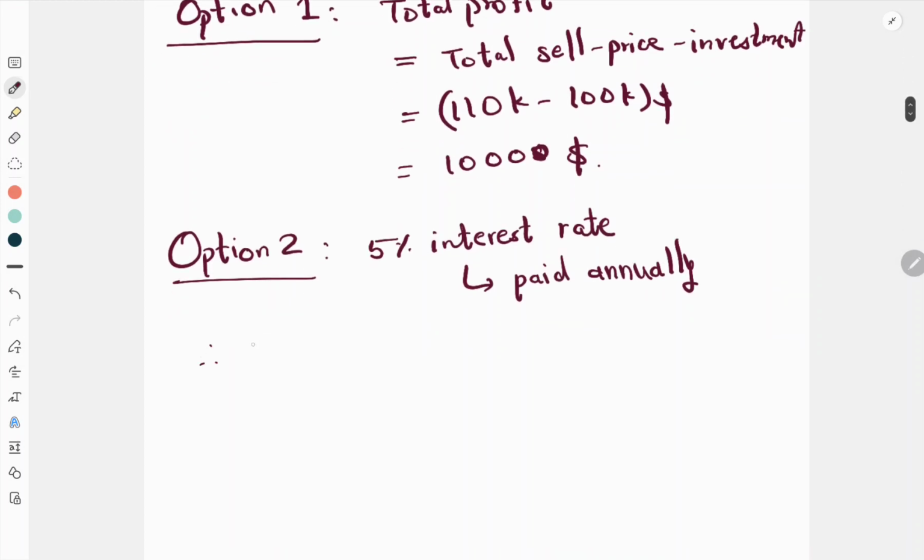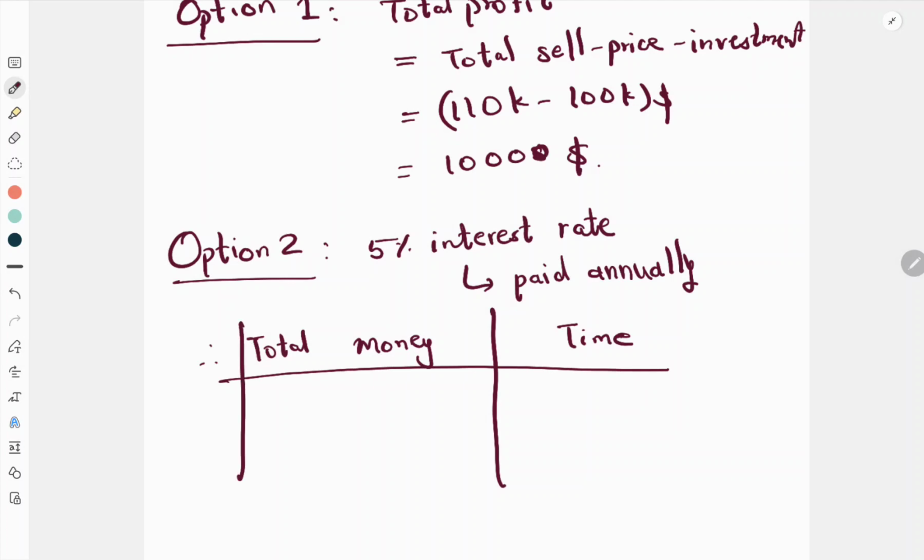So, total money versus time. Let's make a small table like this. This will help us make this decision. So when time is 0 years, that means at the start, the total money is 100k. I'm just going to write 100, but we know that it is $100,000. At the end of 1 year is going to be $105k, because it's 5% interest, which is 100 was your starting value plus 5% interest,